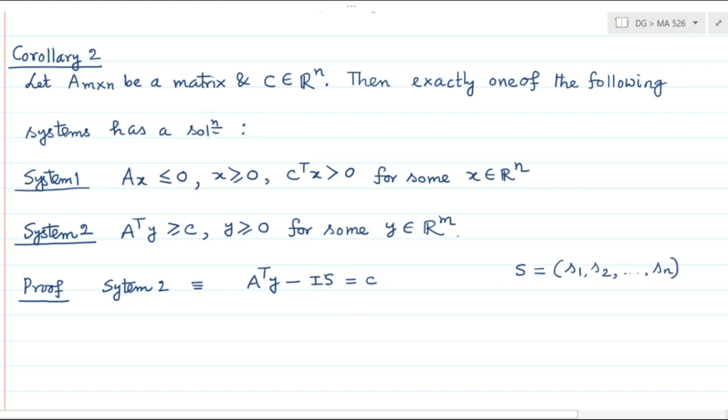In n many components you have it equal to C. Together with this you have y and s, these two vectors y and s, and these are greater than or equal to 0